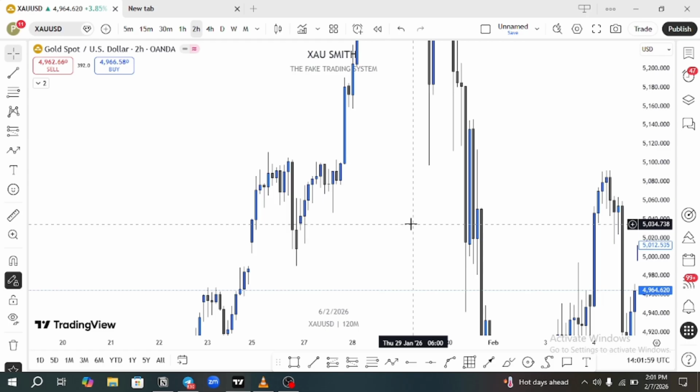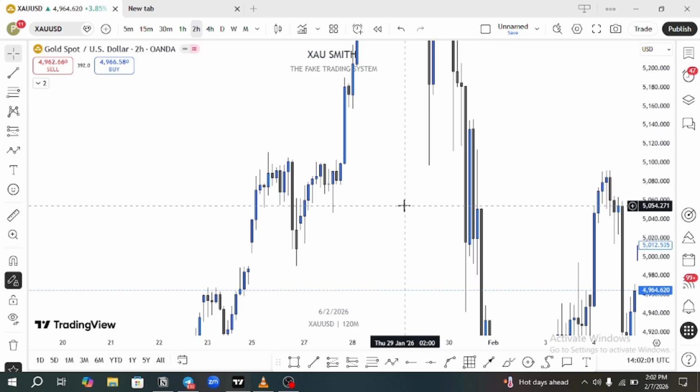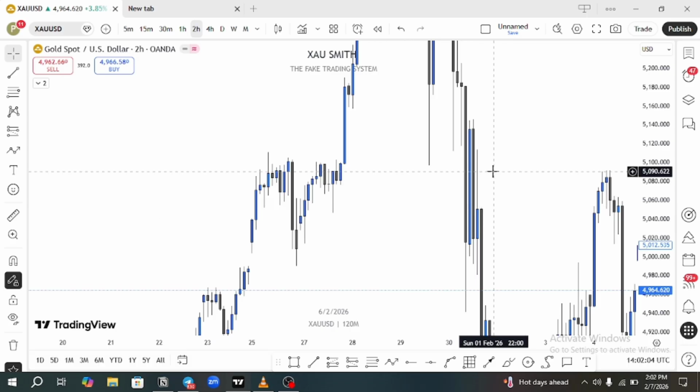I'm Lord Smith and I'll be taking you through a trade breakdown on XAUUSD using CRT and Malaysian support and